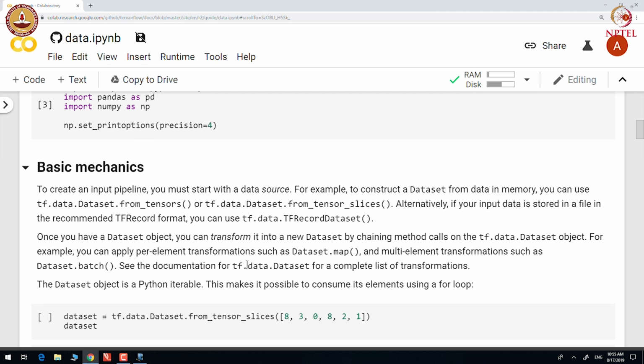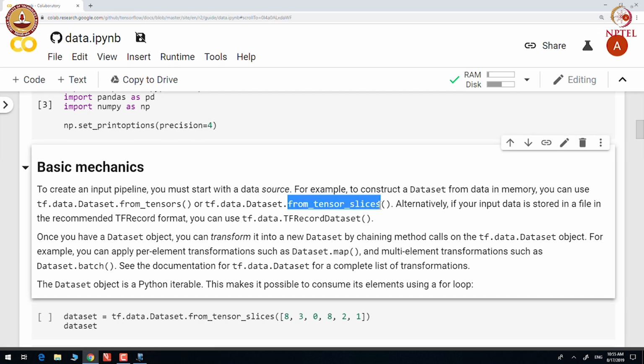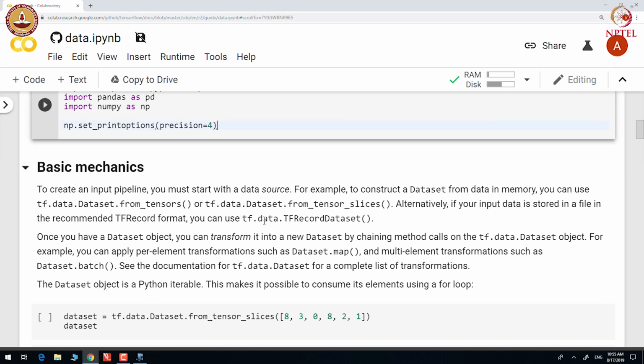We can use one of two functions: from_tensors or from_tensor_slices from the tf.data.Dataset API. Alternatively, if our data is stored in TFRecord format, we can use tf.data.TFRecordDataset for reading that data.